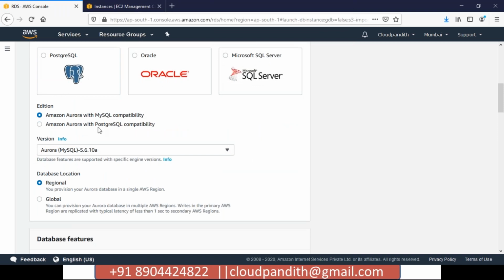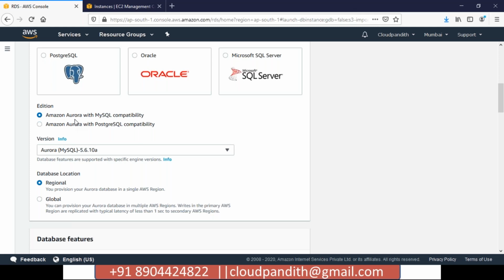Aurora is compatible with two things. One is MySQL, and it is also compatible with PostgreSQL. You have both. So why do we need Aurora when we have MySQL and PostgreSQL? With Aurora you can maintain more replicas, and you can maintain instances in multiple regions.